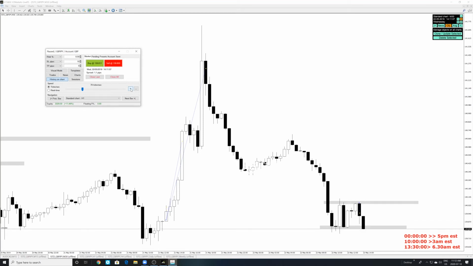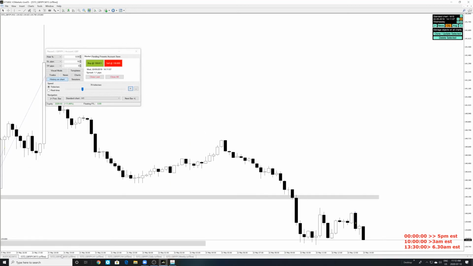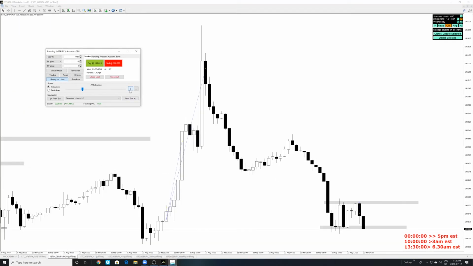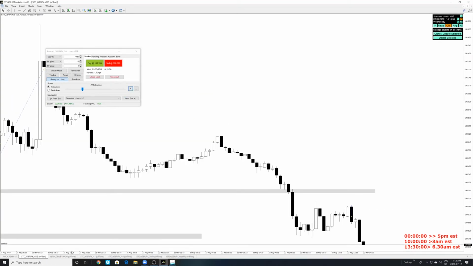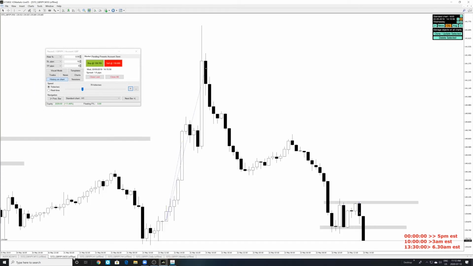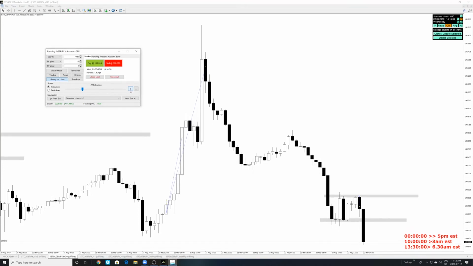Uh-oh, we are breaking down. We are breaking down, but we haven't broken down. Ooh, let's just wait for the 15-minute candle to close. Let's just pray we don't miss this move. Oh, the 15-minute candle closed, and I think we missed this move. So the only thing that we can do now is just wait. Oh wow, look at that.